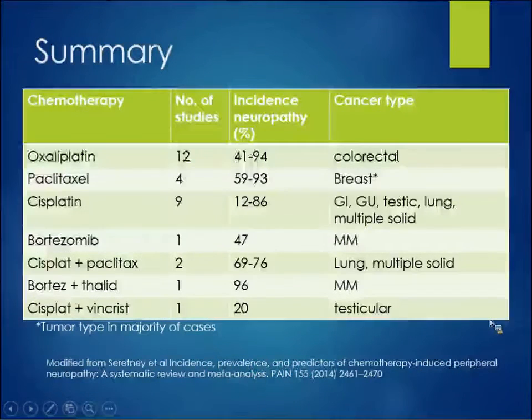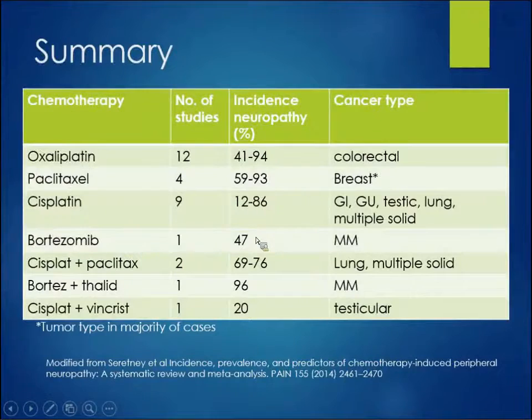And then cisplatin was the second most common named in isolation. There were 9 cases of that. Used to treat multiple different types, but there's a huge variation in the incidence of neuropathy in cisplatin. Paclitaxel, mostly used in breast cancer, ranges were around 60 to 90%. So you can see throughout these there's a pretty similar pattern, and I would say surprisingly lower in cisplatin than